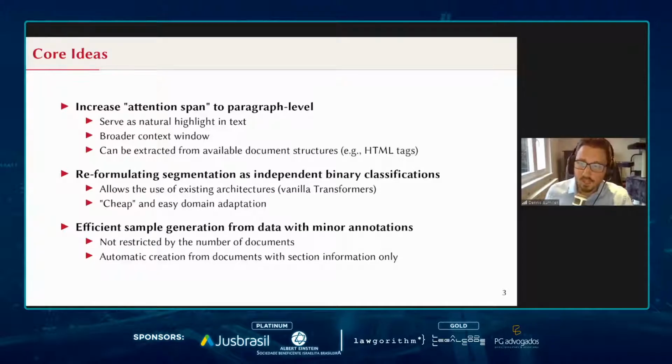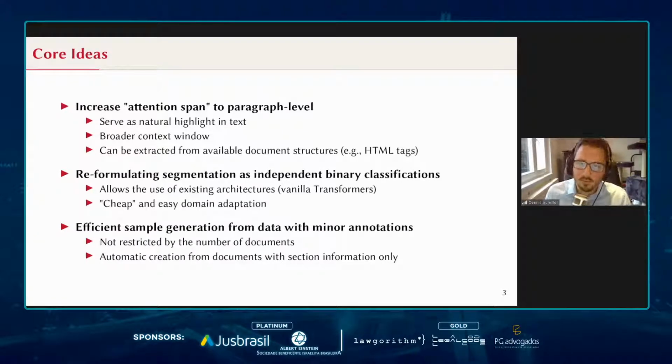The second step is actually more on the model for the segmentation itself, where we rephrase it from a purely sequential document segmentation, where you have one input sample of an entire document, to a pair of binary classifications, meaning we simply look at two subsequent paragraphs and predict whether those are actually thematically coherent. This makes it much easier to train. This is more stable and has fewer problems of architectural sharing. And it is comparatively cheap in that we can use pre-trained checkpoints to actually use existing models and retrain them